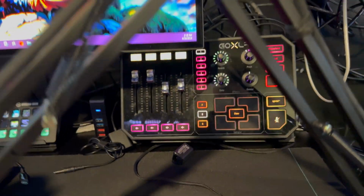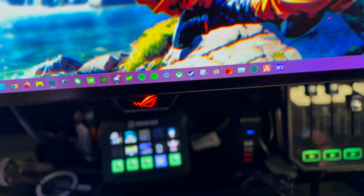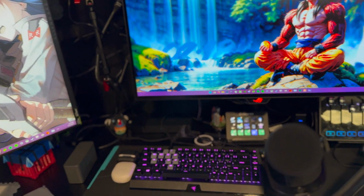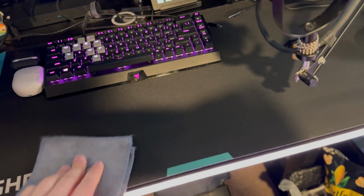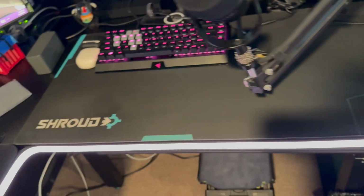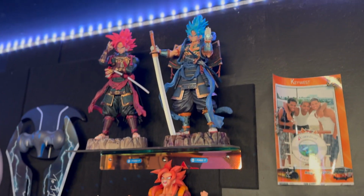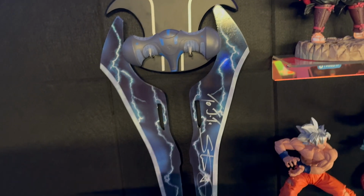I do have the GoXLR right here, Stream Deck right here, oh, this was a little dirty, I just cleaned it. We got the Shroud gamepad. Back here we have more Goku stuff, over here we have